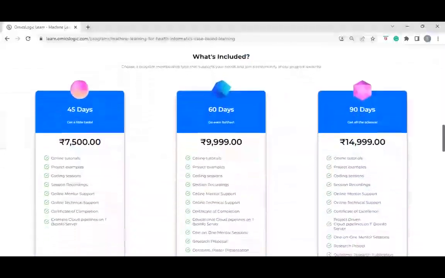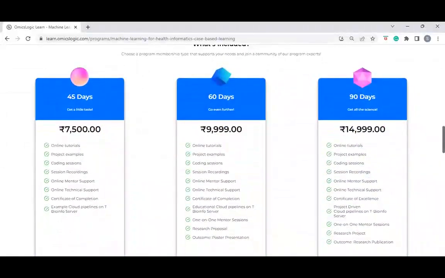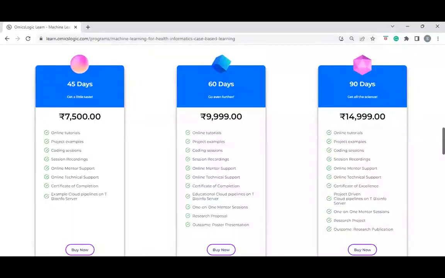You will see there are 3 different tenures in which you could be a part of. The first is 45 days, second is 60 days, and third is 90 days. There are some common resources which everyone would have access to in all 3 tenures, that is online tutorials, project examples, coding sessions, session recordings, online mentor support, online technical support, and obviously the certificate after